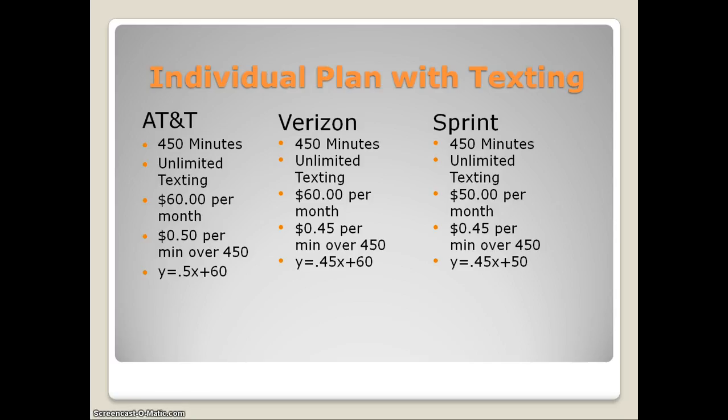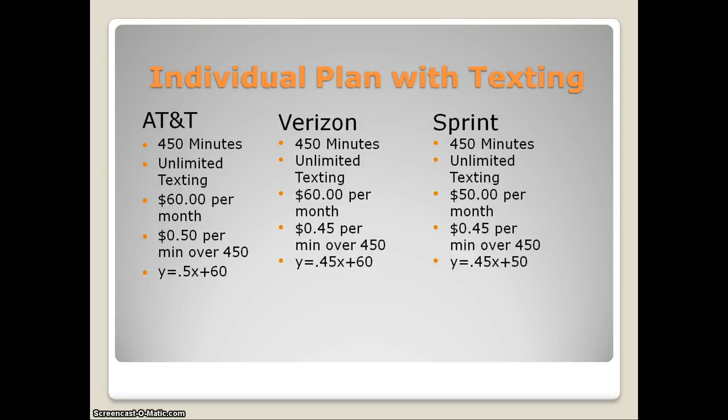Verizon gave you 450 minutes, unlimited texting for $60 per month, and it was 45 cents for every minute you went over your initial 450. The equation for this is y equals 0.45x plus 60. 0.45 because that's how much it costs for every minute you go over, and 60 because that is your fixed